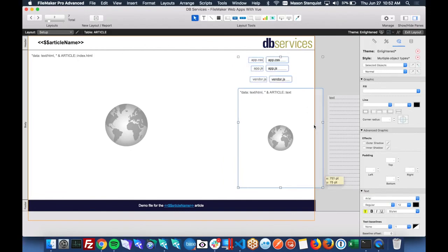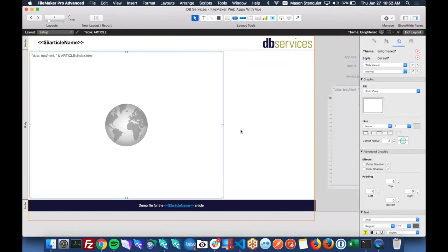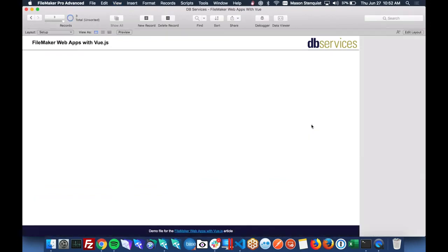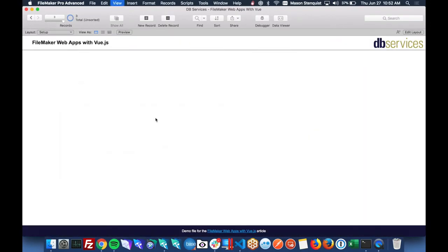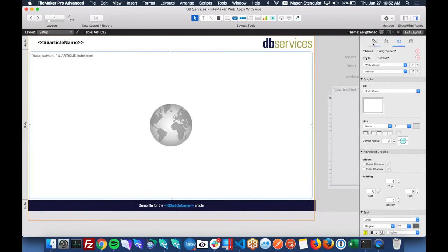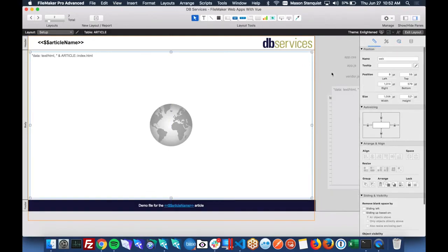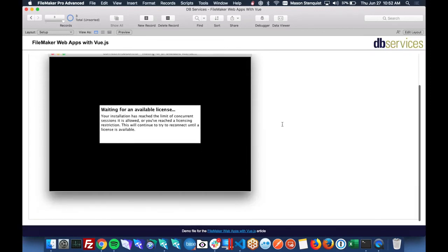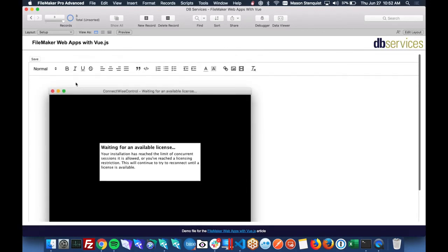We'll just dump that off the side for now. And let's make sure this is stretching. There we go. We have an editor that we can use now directly in FileMaker.